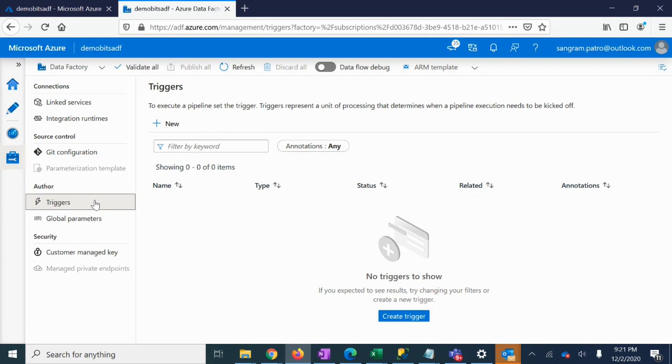So schedule trigger, as the name implies, if you specify a particular schedule, it keeps on running during the specified time. But if I select tumbling window trigger, it runs at a non-overlapping interval. Let's say in a particular day, I want to run a particular pipeline every 6 hours. So I would select tumbling window trigger, and on a particular day, if it is taking 7 hours for a particular pipeline run, then the next pipeline instance would wait for 1 more hour because the previous instance is still running, and then the execution continues.